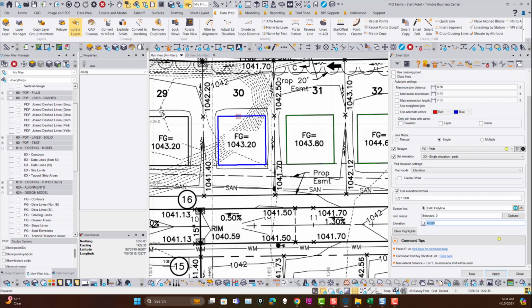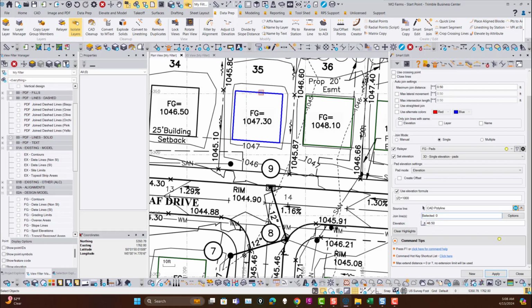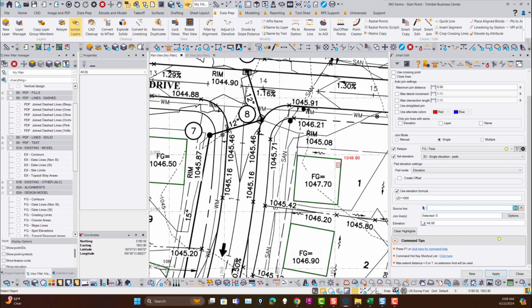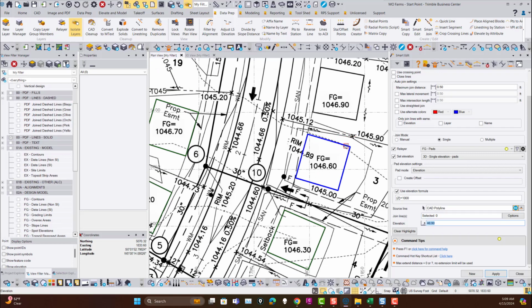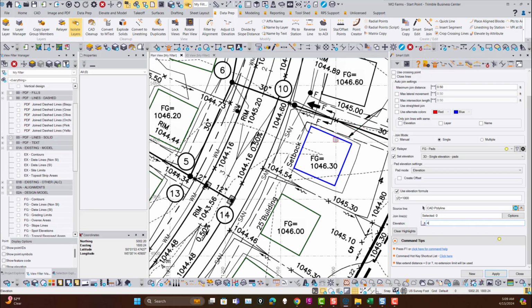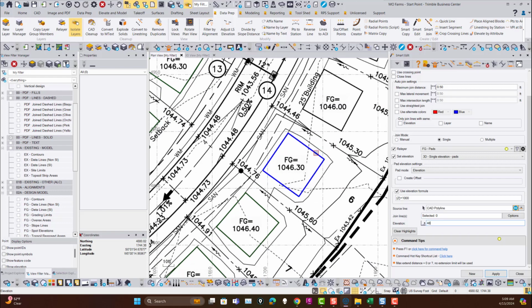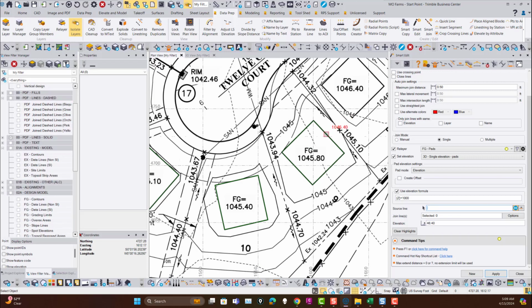and then keep going, N 43.2 again, N 43.8, N 44.6, N 45.5, N 46.5, N 47.3, N 48.1, N 48.8, and you basically keep going through here, N 47.7, N 46.9, N 46.6, N 46.3, N 46, N 46.3, N 46.4, N 46.4, N 45.8,